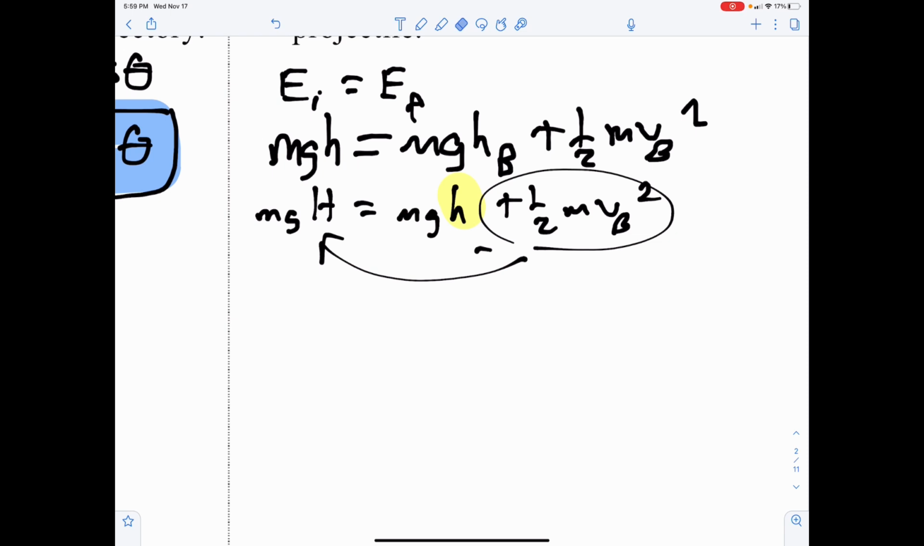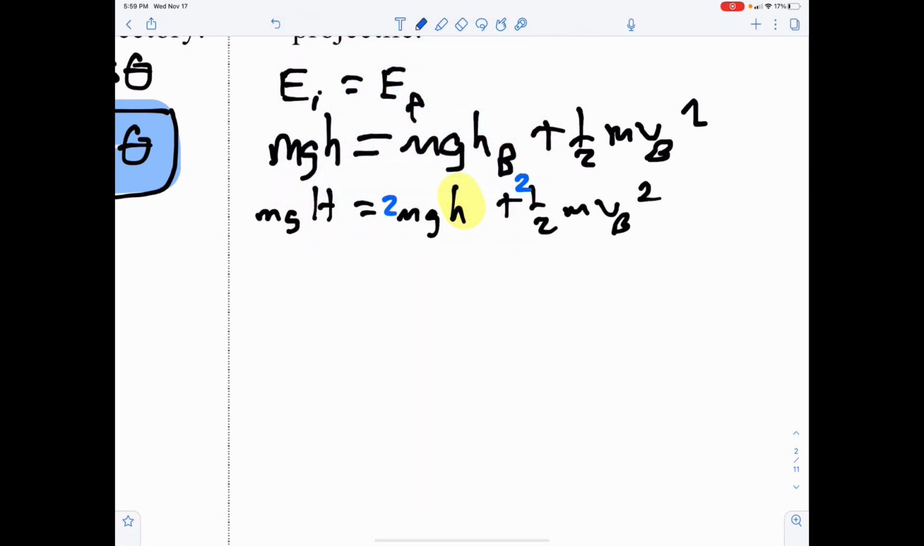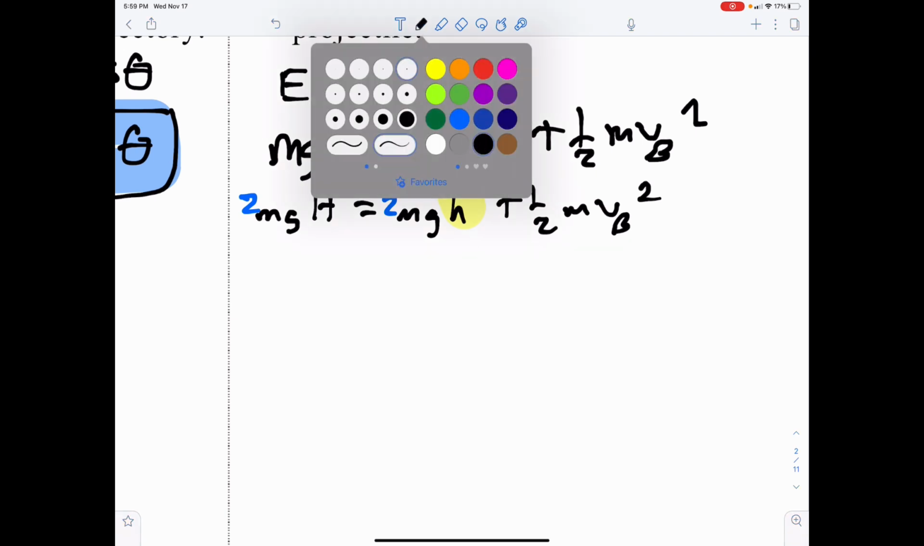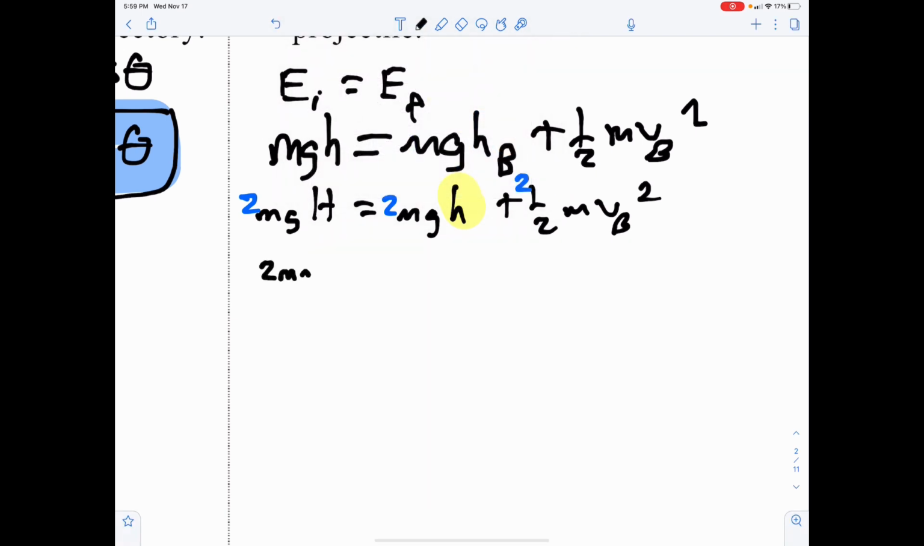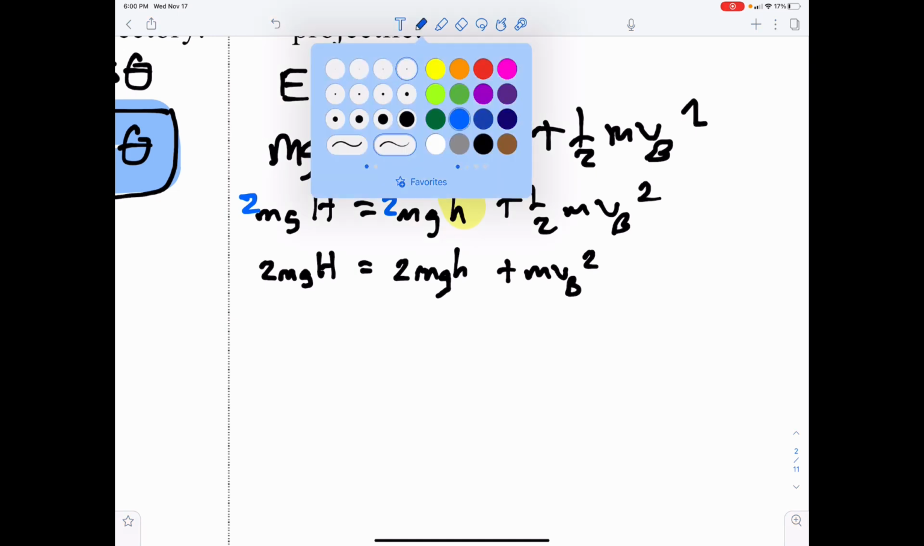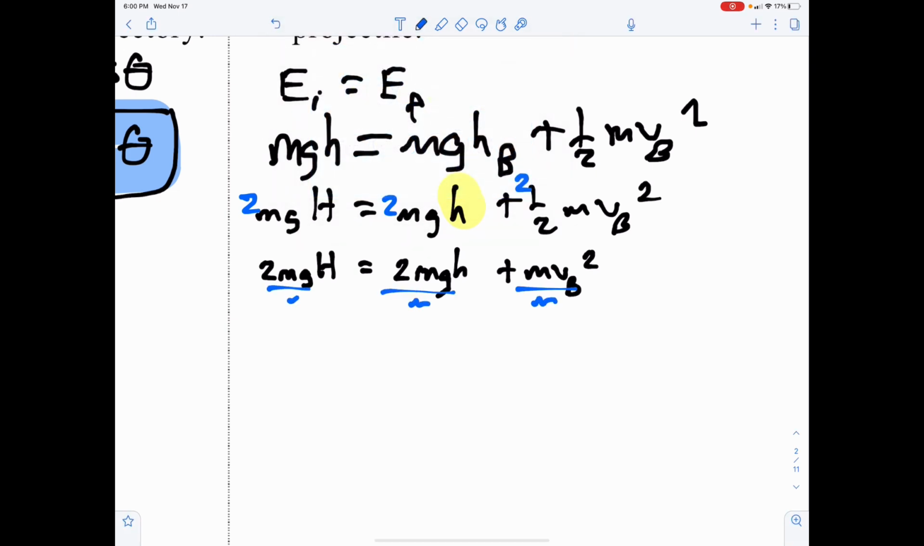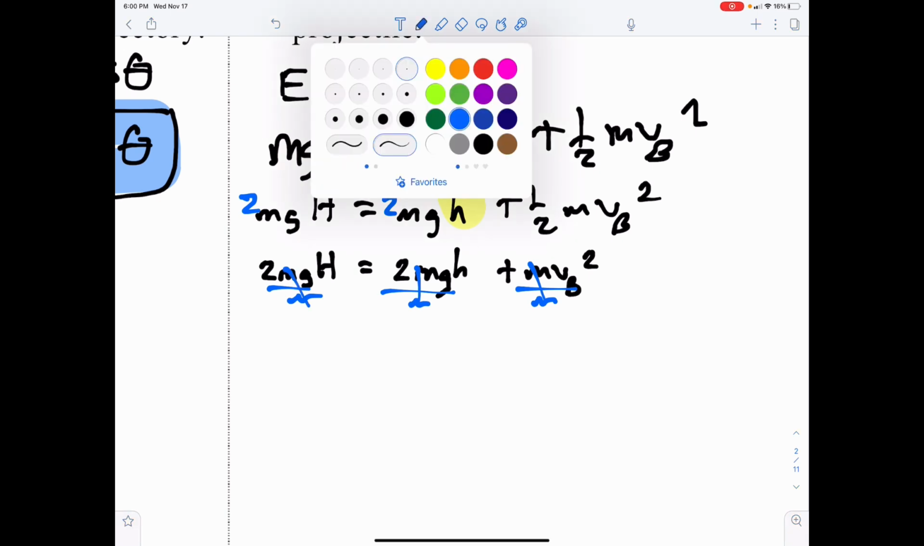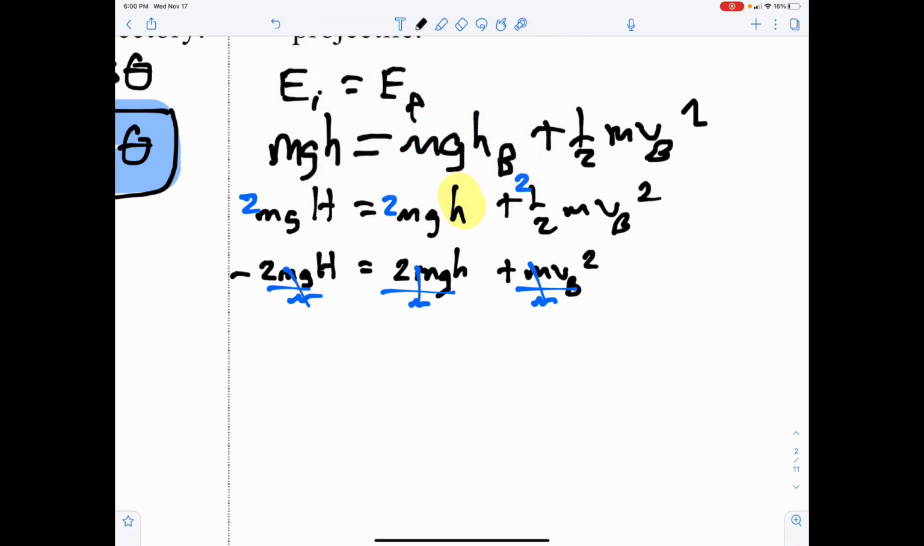So I think one of the first things we can do, I'm going to go ahead and multiply by 2 just to get rid of the fractions everywhere. And when I do that, I get 2mgH equals 2mg little h plus mvb squared. We can divide by m on all three parts, and you can see the mass cancels everywhere. And now we have 2gH equals 2g little h